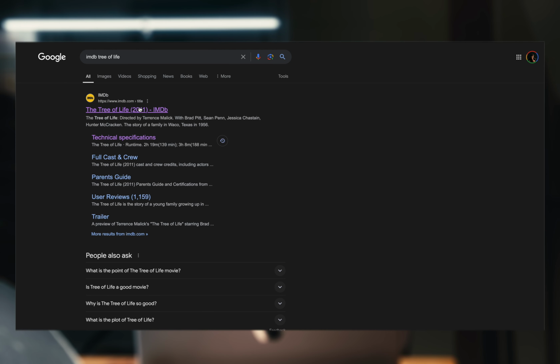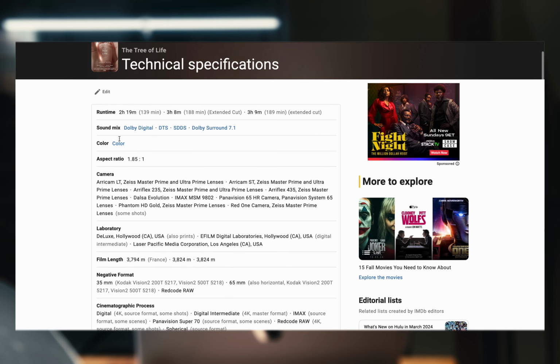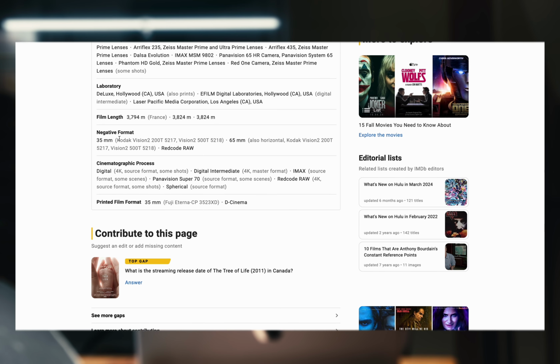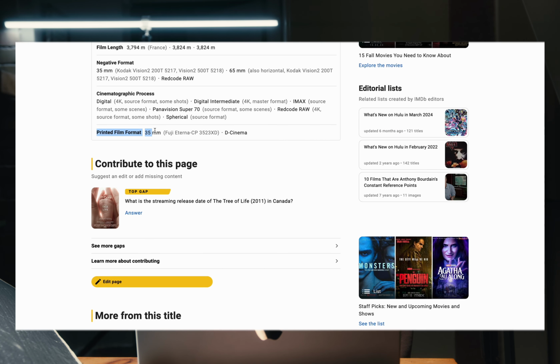So the cool thing is that you can actually go on to IMDb and find technical specifications for a lot of movies and TV series out there and see what cameras they were shot on and what film stocks and then film prints that they got printed on. So this was a perfect combo for essentially trying to start out with the look DNA for something like the